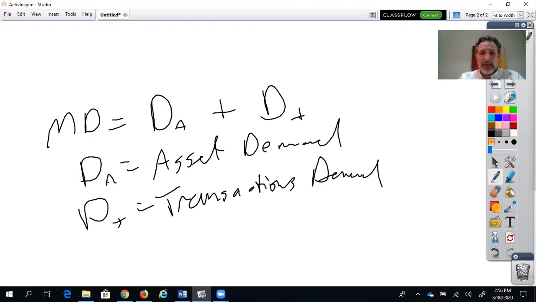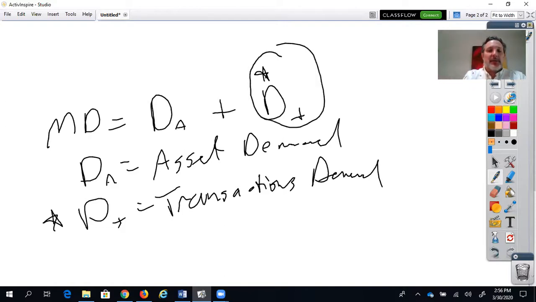Transactions demand for money is money as a medium of exchange. Now, on the test, the asset demand as of now has not been super important. The transactions demand, I would star that on your notes, because the transactions demand is super important when it comes to money demand. Anytime they shift money demand, anytime I've seen that on the test, it's because of this, and it's because this transactions demand varies directly